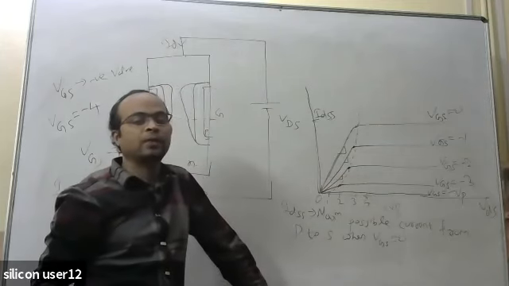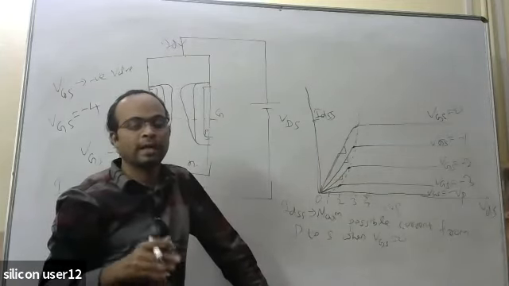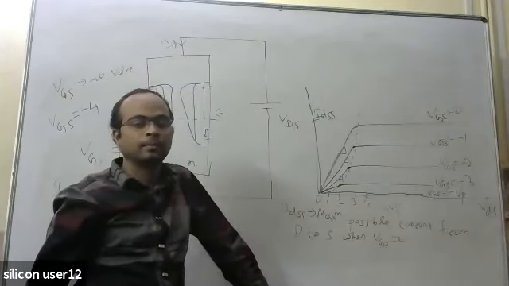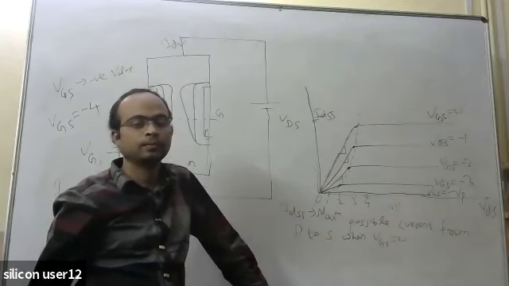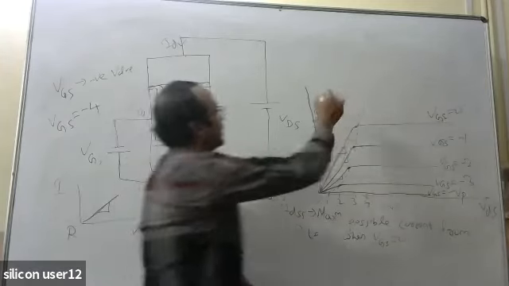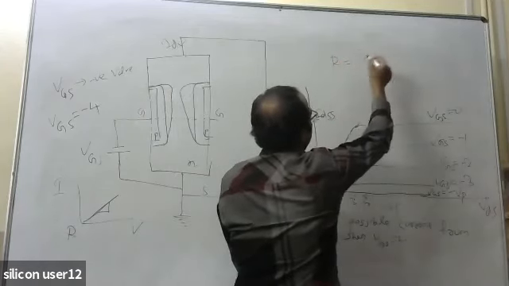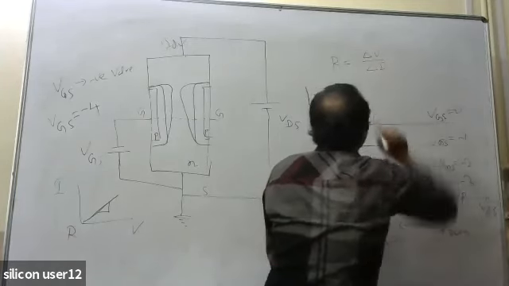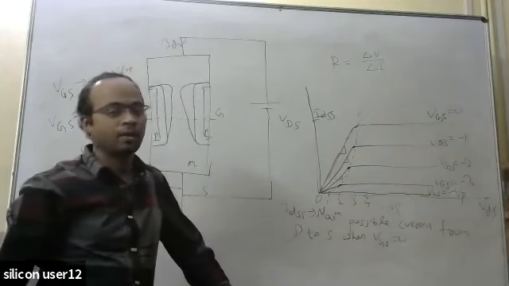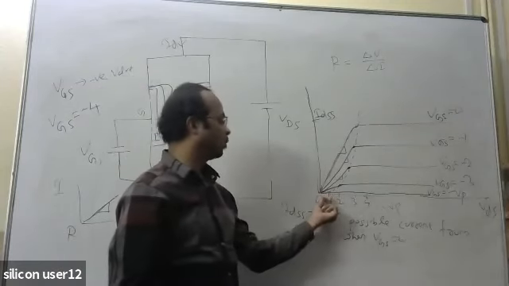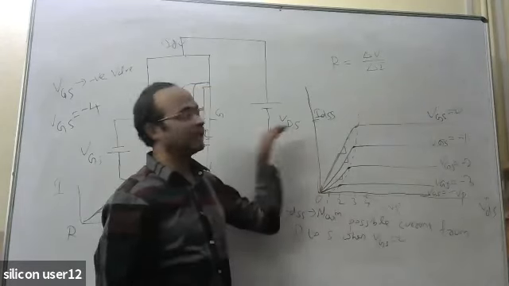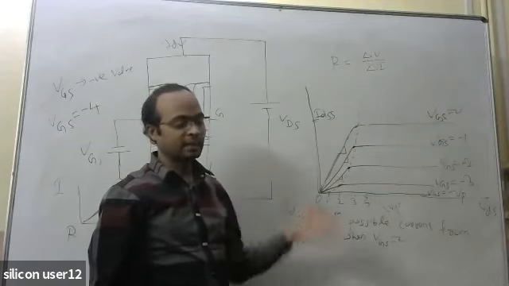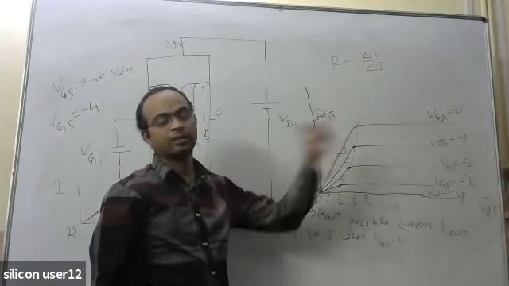So what basically you are finding out, when VGS is becoming more and more negative, the resistance is increasing or decreasing? Resistance means what? R equal to V by I, or you can say delta V by delta I. So with the same change of voltage, how much current is changing? If a line is horizontal, then it is having more resistance, or if the line is almost vertical, like an exponential curve, there the resistance is less.